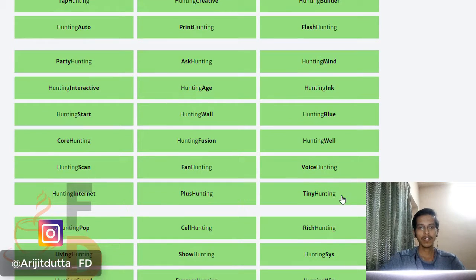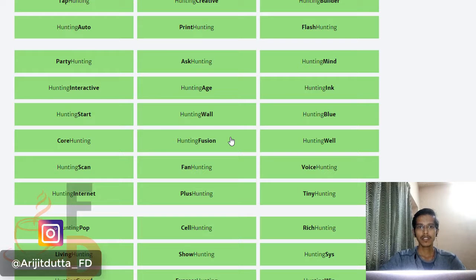Let's say you figured out that you are going to go with huntingfusion.com, and most of all, go with .com. Don't go for any other things like .net, .in, .co, because people won't be able to trust your brand, and .com is the best to go for. So once you figured out your domain name, just go to Google, type in namecheap.com, or even godaddy.com, and get your domain registered from GoDaddy or Namecheap.